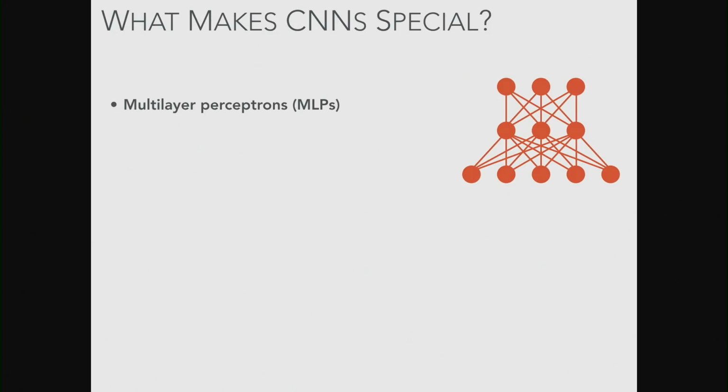So what exactly is a CNN? Let's take a step back and look at multi-layer perceptrons, which are these fully connected neural networks. There are several layers of neurons, and each neuron is like a little computational unit, and it looks at a previous layer of neurons, or at the very beginning of the network, it looks at, say, pixels in an image, or features in some big feature vector. And each neuron is connected to every other neuron in the layer before and after it. So they have this thing called global connectivity.